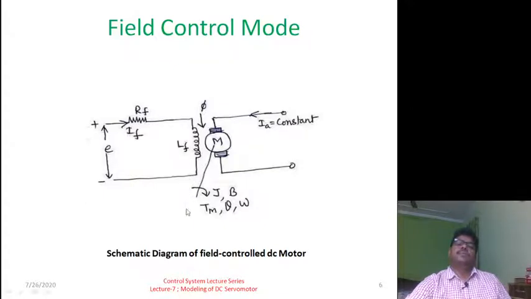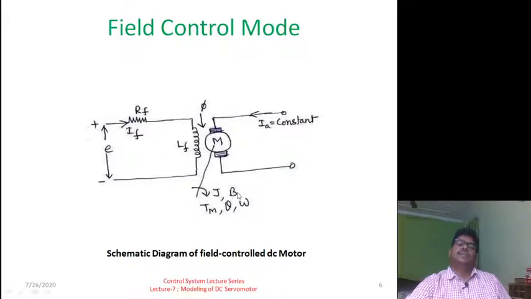Then there will be the angular displacement and angular velocity,